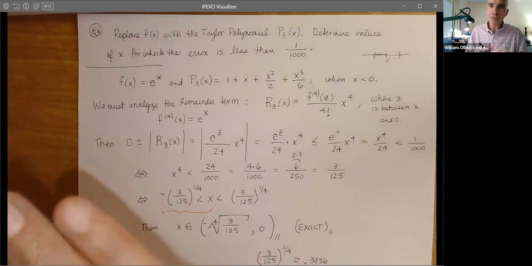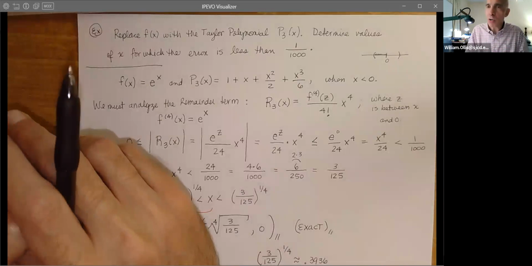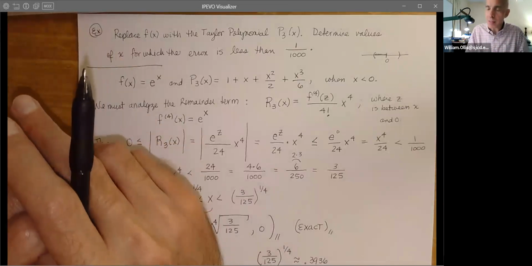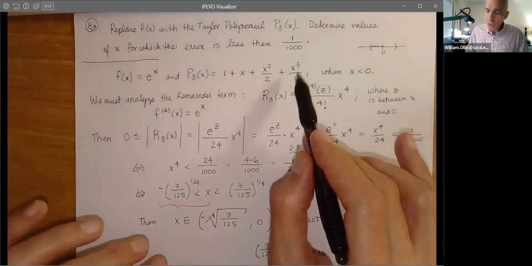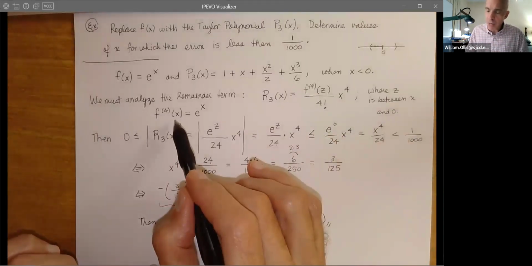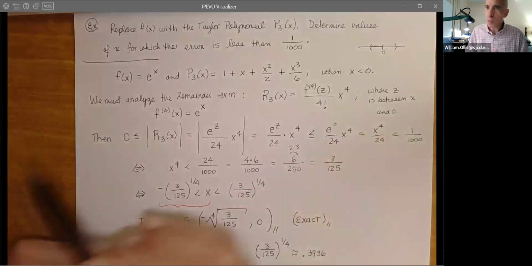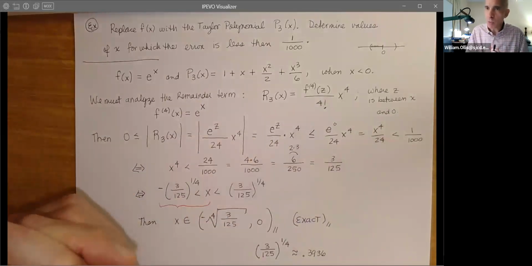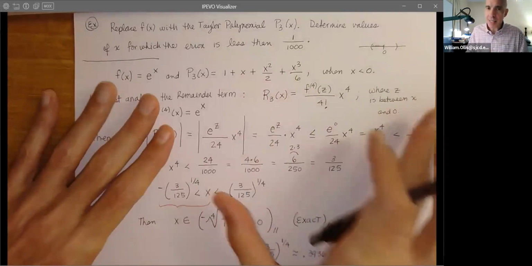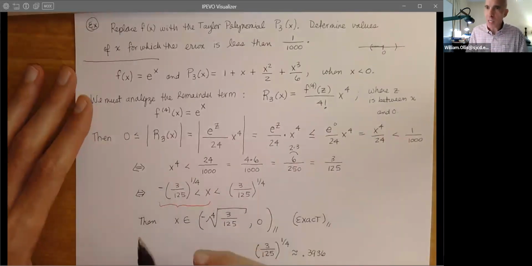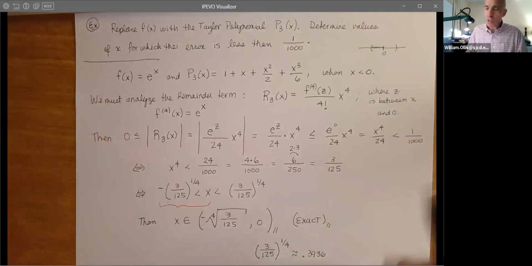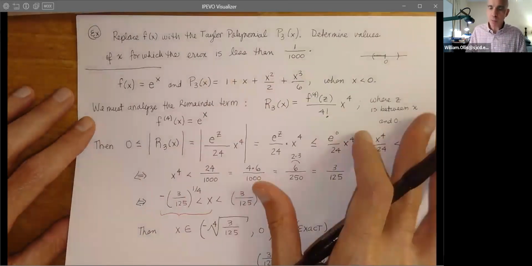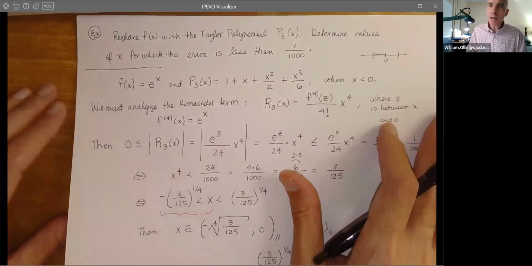I mean, you have to work it to the point where you're answering the questions of your clients. So again, this basically shows you how you just take the next level of derivative and then analyze this just like you would have in a previous problem that we've done with infinite series. So this is a nice example of how you would actually approximate. Now let's look at an example where we just kind of have to test values of n. Sometimes this is a nice problem because it's set up very nicely. Maybe we can ask a different question.